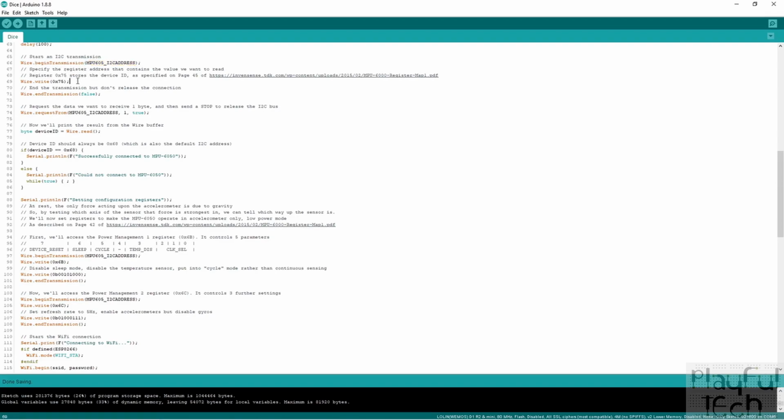Well, the device ID is held in a register address, so we need to read the value that's held in that address. And the way to do that is we actually, first of all, write the value of the address that contains the data we want to read. So here I've put a link to the board that we're reading. So if I load up that link,